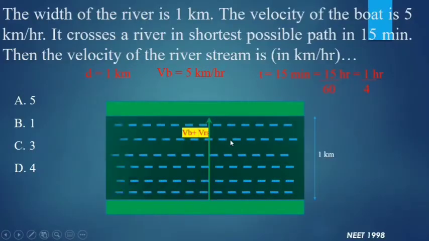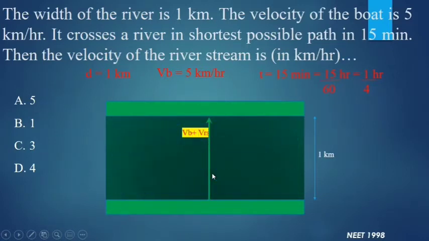To keep it going in a straight line, the boat should move in the opposite direction of the river, so that because of the application of the force, this will come back to the straight line. If it is trying to go in this direction, then it will come back to the straight line and it will go straight. So the velocity of the boat should be such that the output should be in the direction which is perpendicular to the direction of the flow of the river.